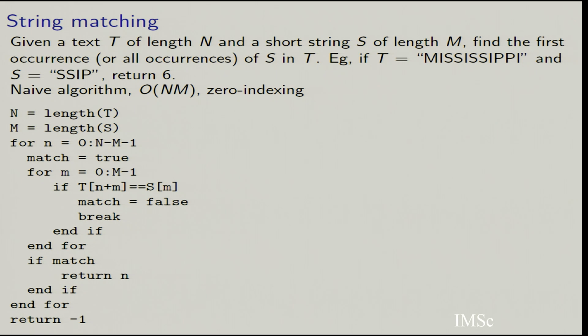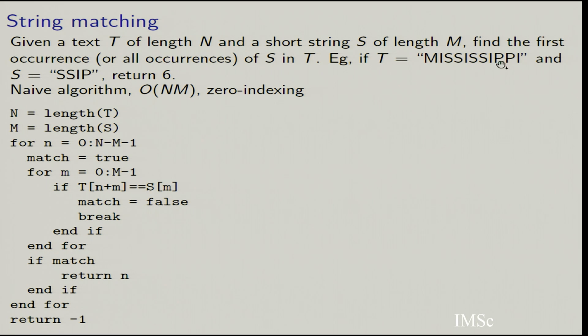So, let us move on to another topic, this is string matching. This is of quite widespread importance in bioinformatics, though we are talking about only the simplest example here of exact matching. Supposing you are given a text of length n, called t, and a short string s of length m, and find the first occurrence, or maybe all the occurrences of s in t. So, supposing t is the text word Mississippi and the matching pattern is SSIP, then you should return the position 6, this is numbering from 1. So, I should really say 5, I am numbering from 0: 0, 1, 2, 3, 4, 5,